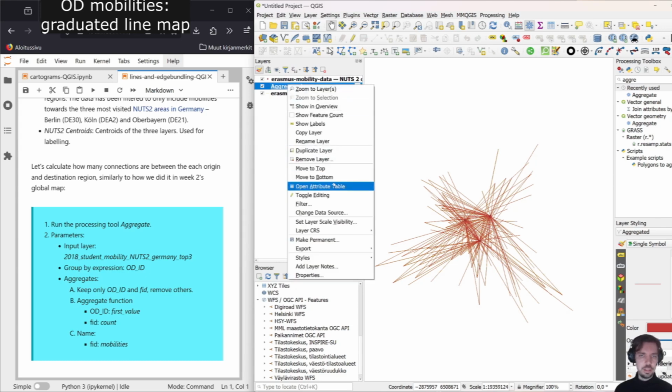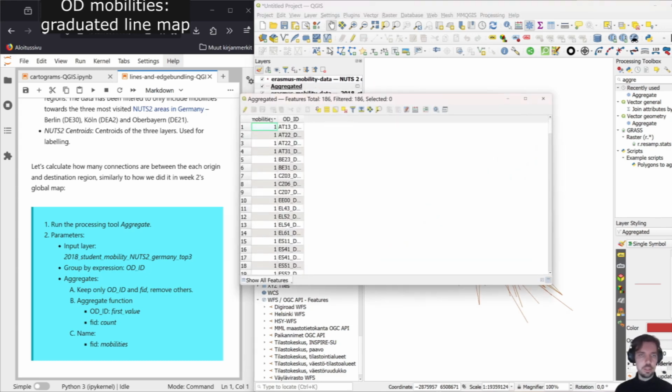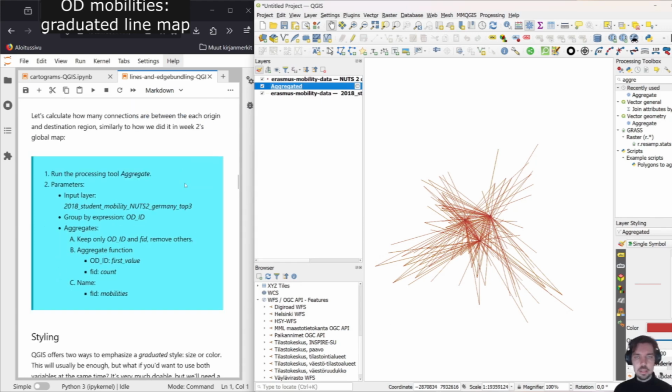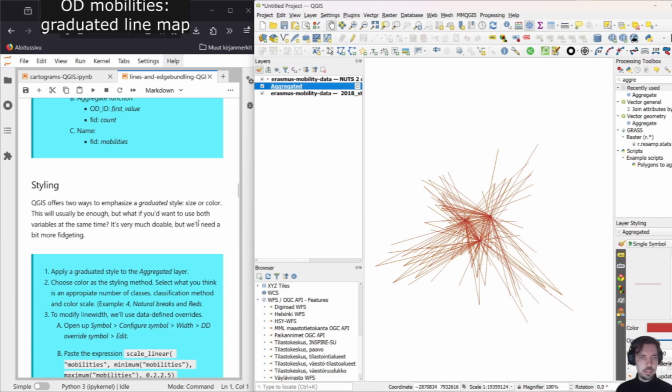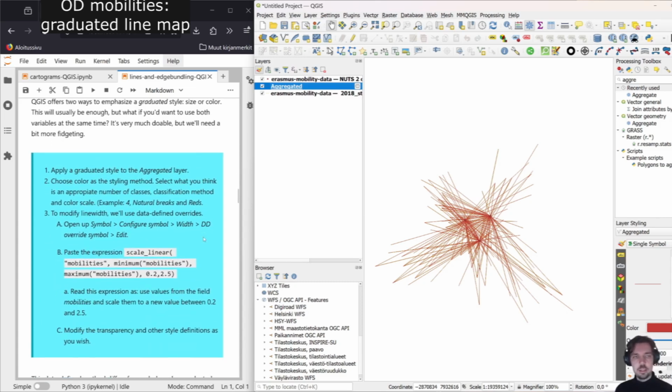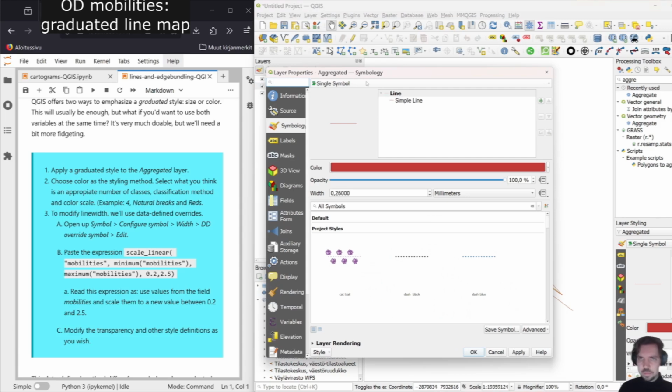Now we have a new layer that has the count of these mobilities. So it tells us, for example, I think one connection from Spain is the most common one in this year for this dataset, so 18 connections. And this is all we actually need for our purposes. So all that's left is to stylize this map. So check from properties and